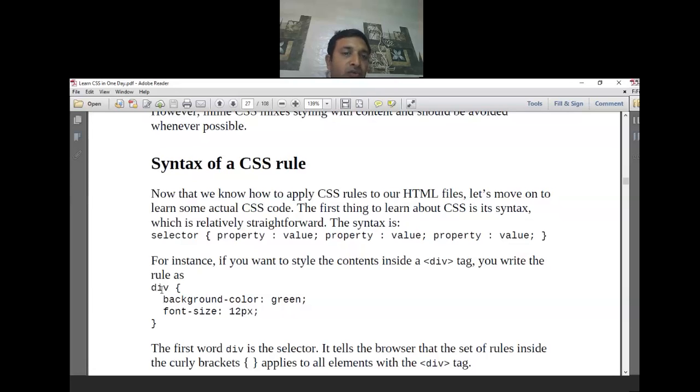This is another way to create CSS for a particular div. Anytime we process the HTML and find a div, it will have the background color green and this font size of 12px.